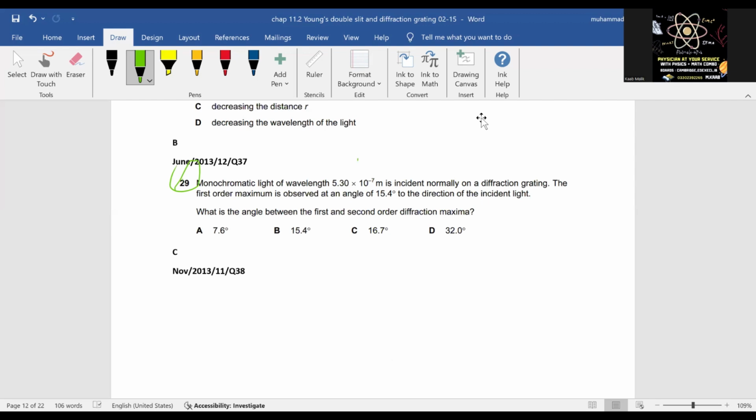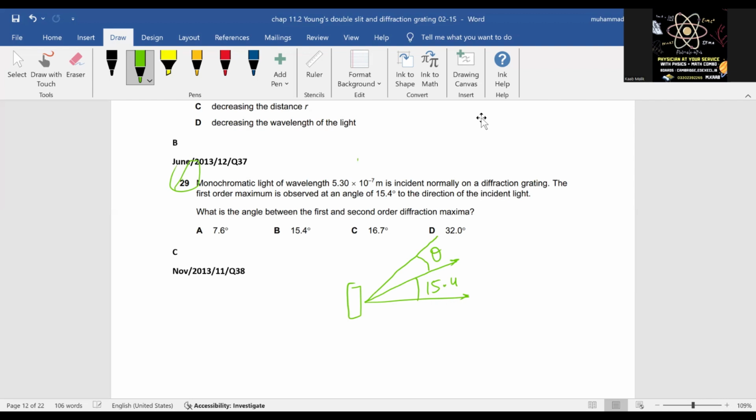A monochromatic light of wavelength 5.30 exponent -7 meter is incident normally on a diffraction grating. The first order maximum is observed at an angle of 15.4 to the direction of the incident light. What is the angle between the first and second order diffraction maximum? आपको ये निकालना है।